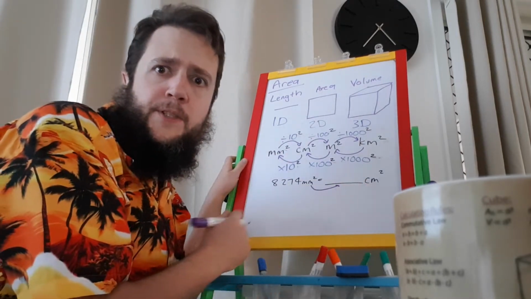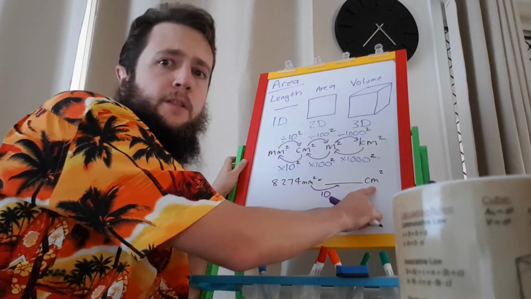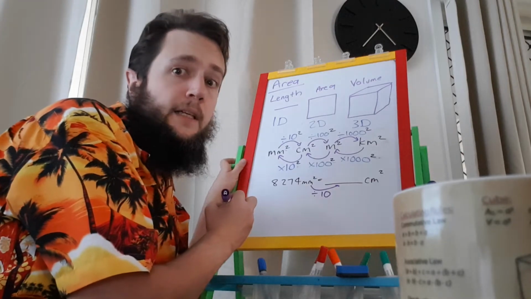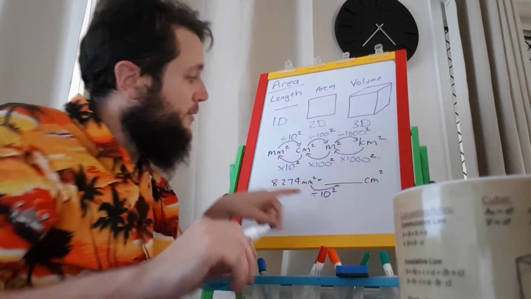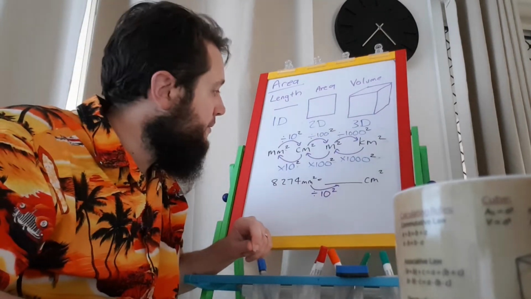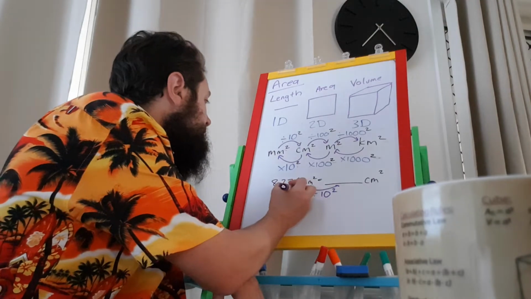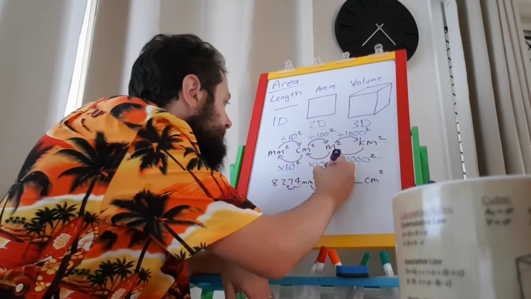How many millimetres are in a centimetre? 10. It's a bigger unit, so it'll be a smaller number. And lastly, we're dealing in area. The units are squared. So I need to divide by 10 squared, which is 100. If I divide by 100, we're going to move the decimal place two figures, and we're going to get